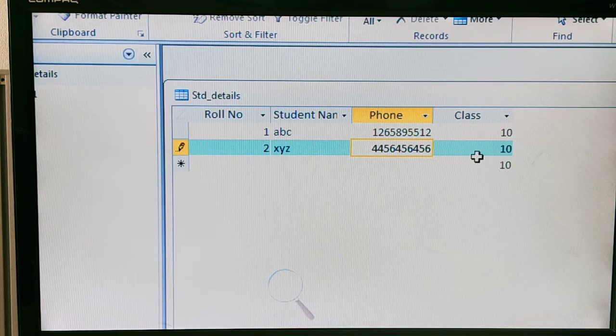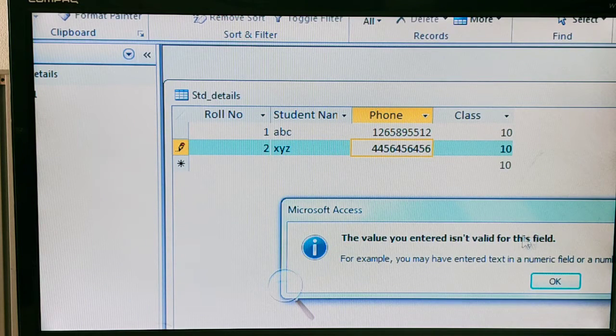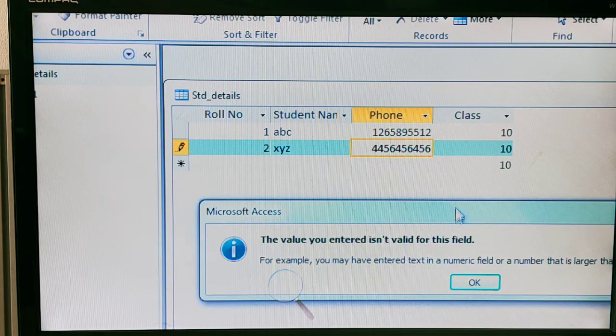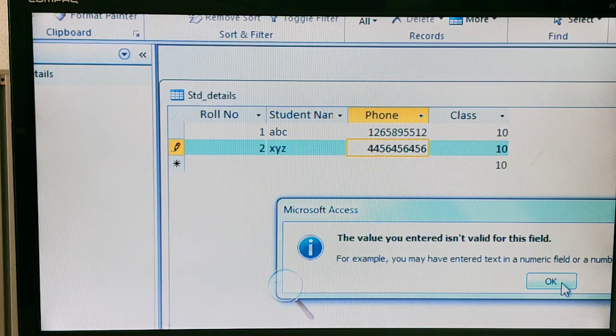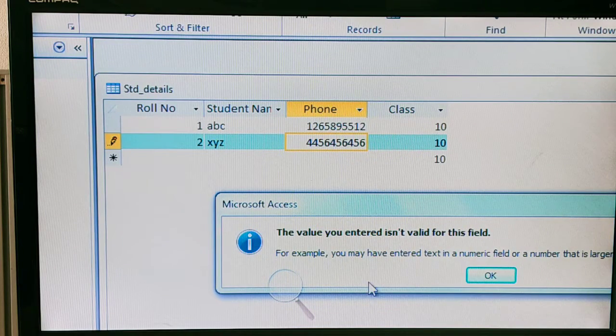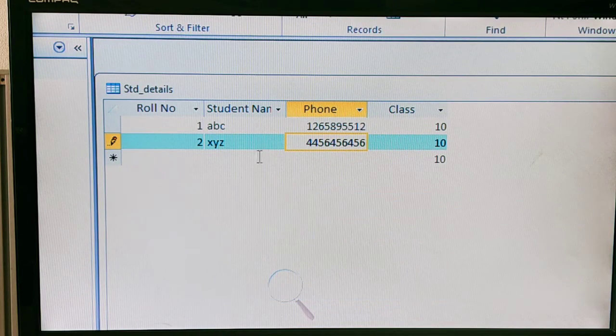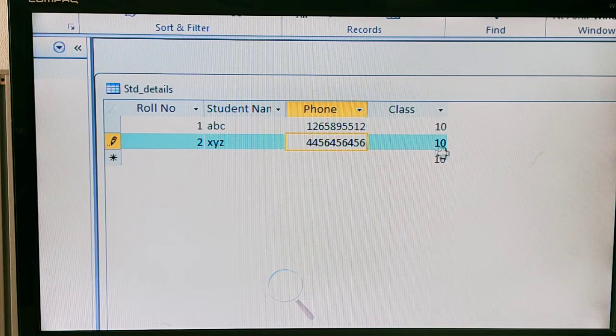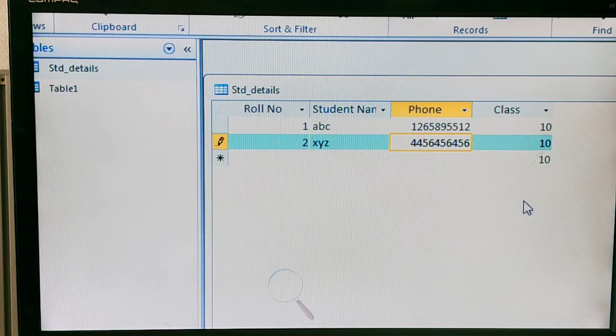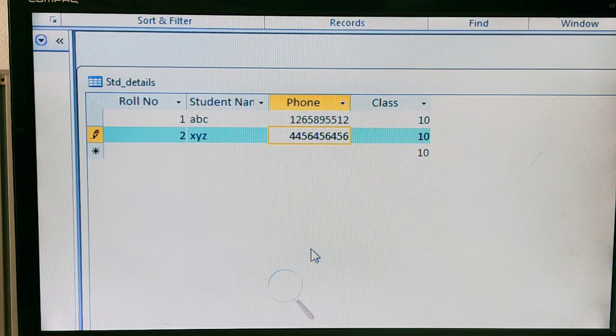Here there is no need to enter the class, it automatically takes it. Again if you go for another example, it again takes the number 10. So this is how you can use the default value with the data type.